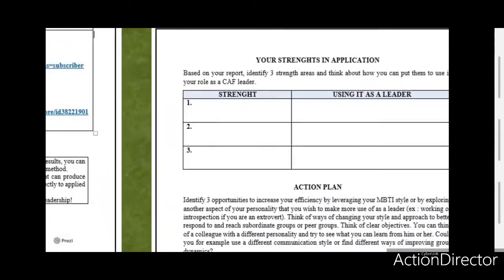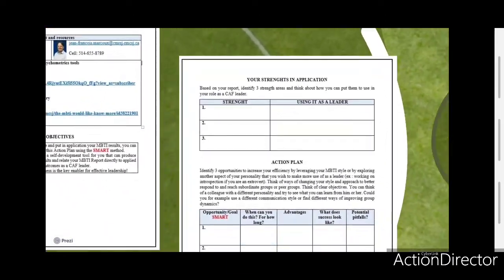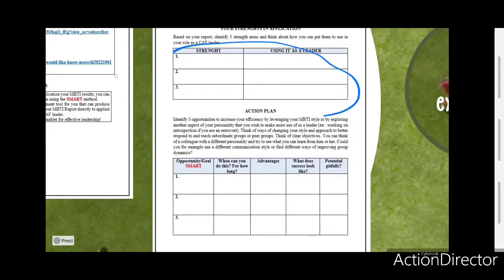actual action report itself. So there are 2 sections to this report. The top section here identifies strengths and using them as a leader. Why strengths? Because it's one of the habits with these types of reports to say you need to work on yourself and improve. Well, guess what? In your MBTI report, there are a lot of strengths and strong foundational pieces you could leverage to improve as